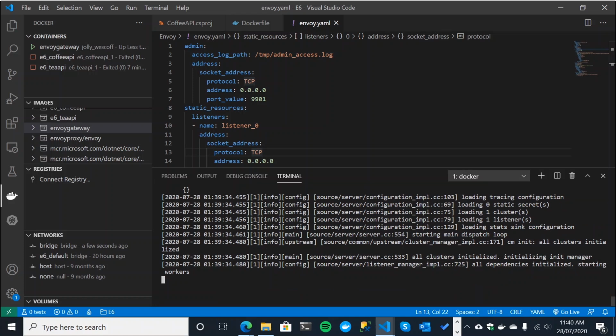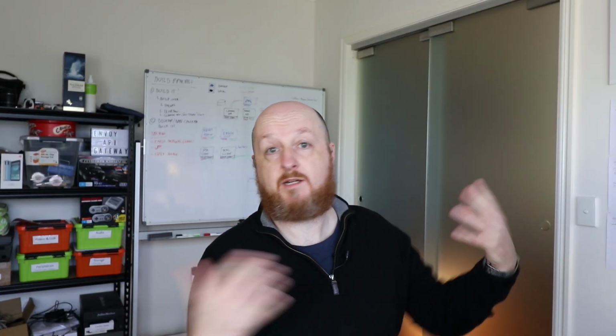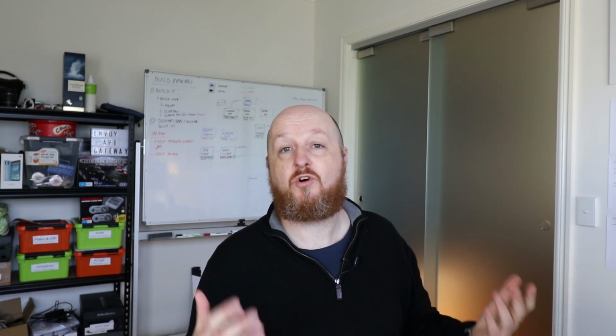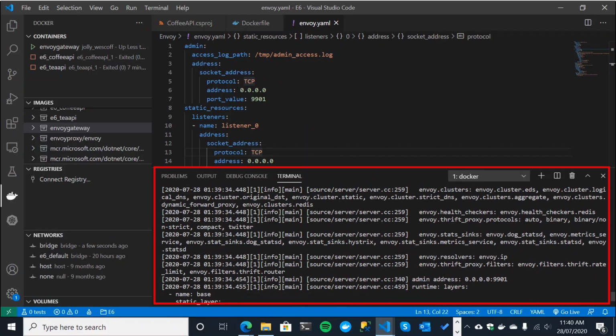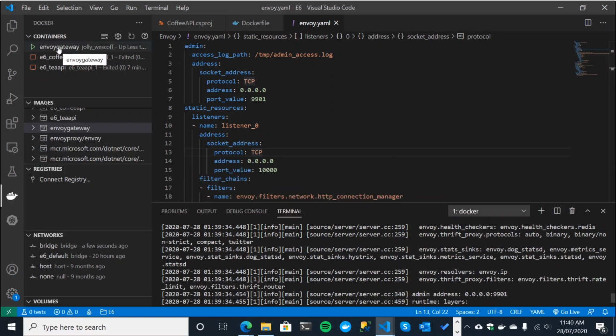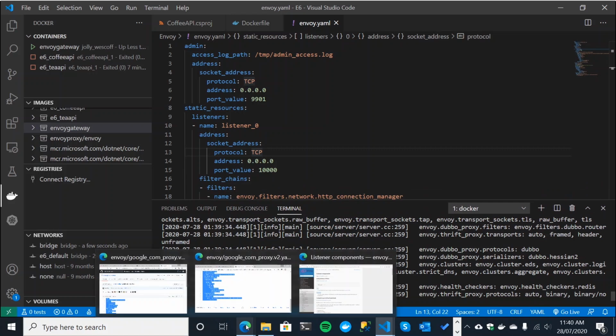The other situation I've had is I've run up the gateway, it stays running, and I'm thinking, oh, it's all cool, it's all working really well, but it's not, there's something wrong. That tends to manifest by a reduced amount of output that you can see here. So just a couple of tips. They're just my observations. You might have a different experience. So check that it's running. If it's not running, you get an error. If it is running, just have a quick look at the verbosity of the output. And if it's really only got a few lines of output when it runs up, it's probably something not quite right.